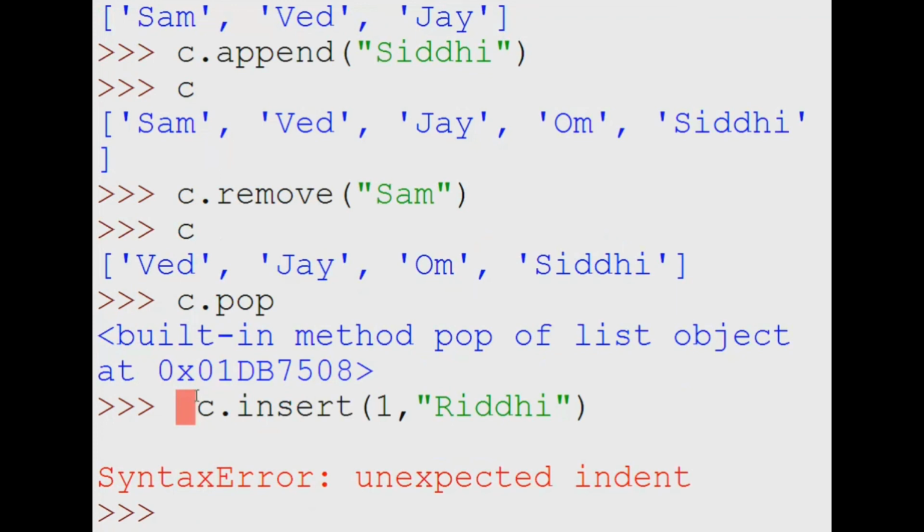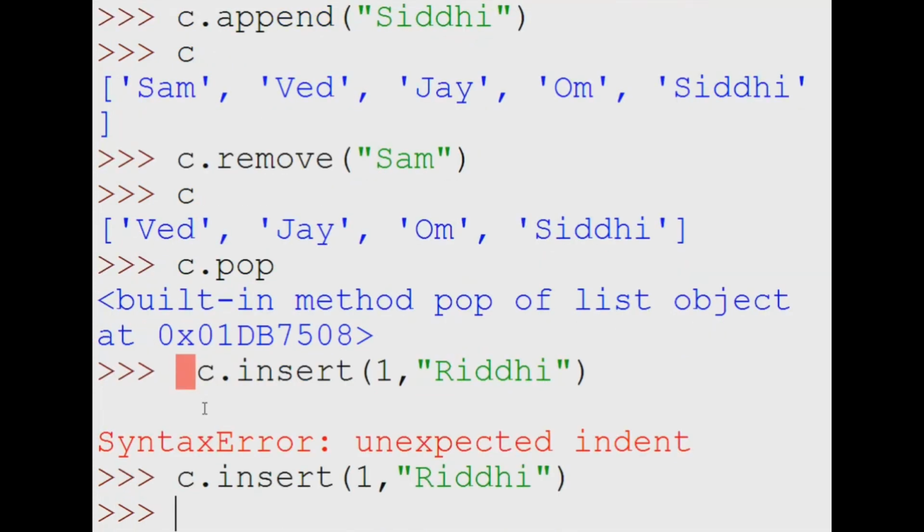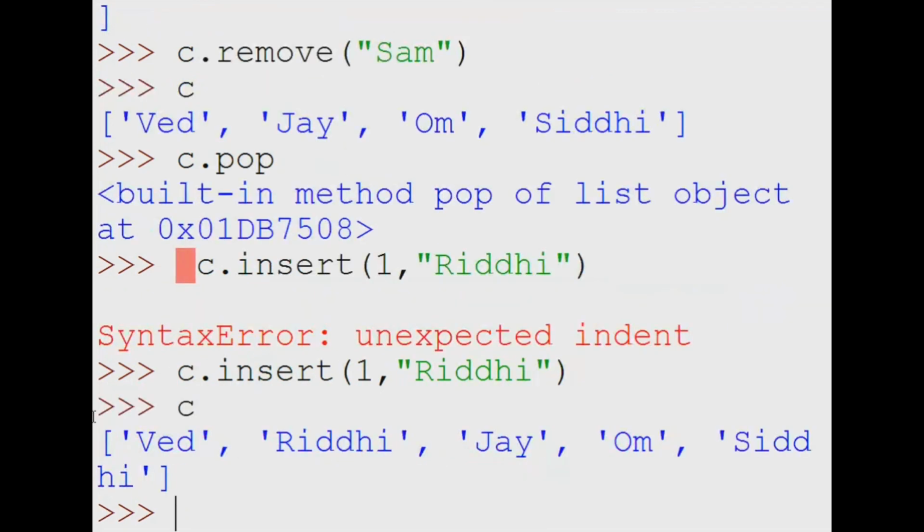It was indentation. Indent means space in Python. It was the space. Okay, then we type C. It will insert read d in 1, means between 0 and 1. It will insert in 1.